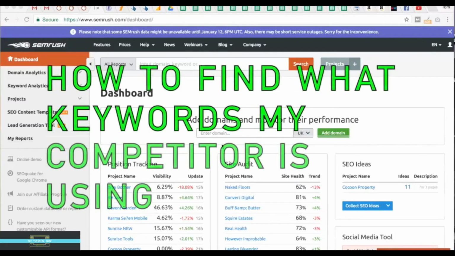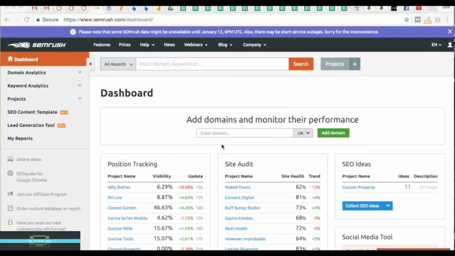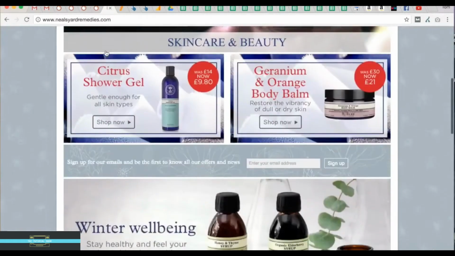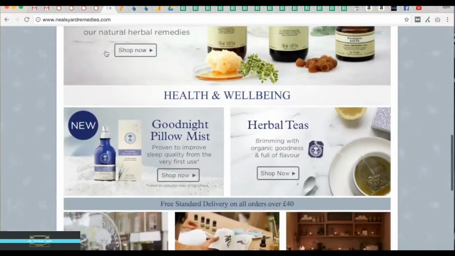Okay guys, so in this tutorial, I am going to show you how to monitor and basically investigate what your competitors are ranking for, so you can make a decision on if you want to investigate further into the techniques they're using to do it, and if it's worth really stalking out their techniques. So in this example, I'm going to look at an essential oil company who do a lot more than just essential oils, but they're completely crushing it on their rankings.